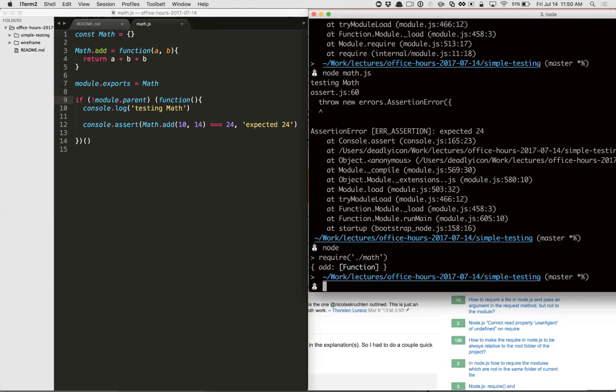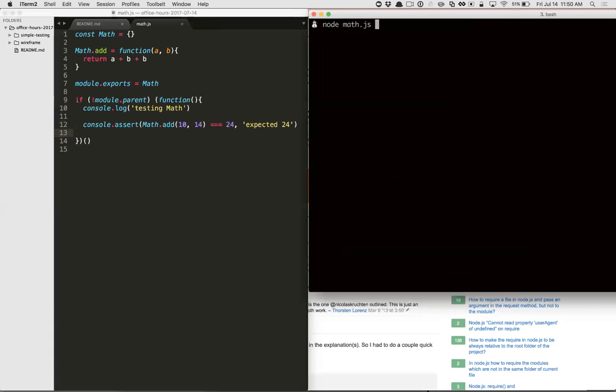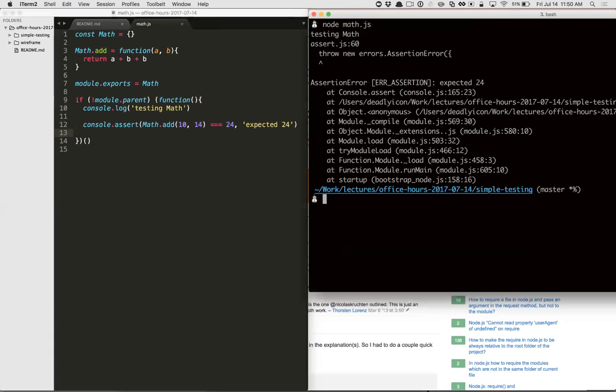So now all of our tests are not having to use a library and a framework, and if they're simple enough, then we can just put them in the bottom of the file here. And if we want to run our tests, we just execute each one of our files, and it runs our tests.